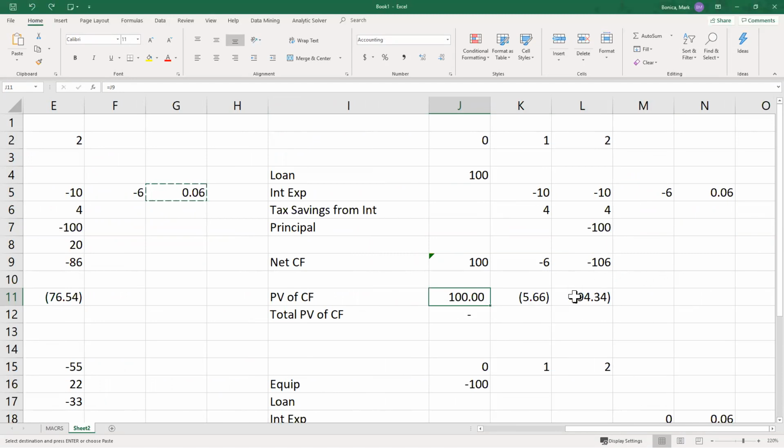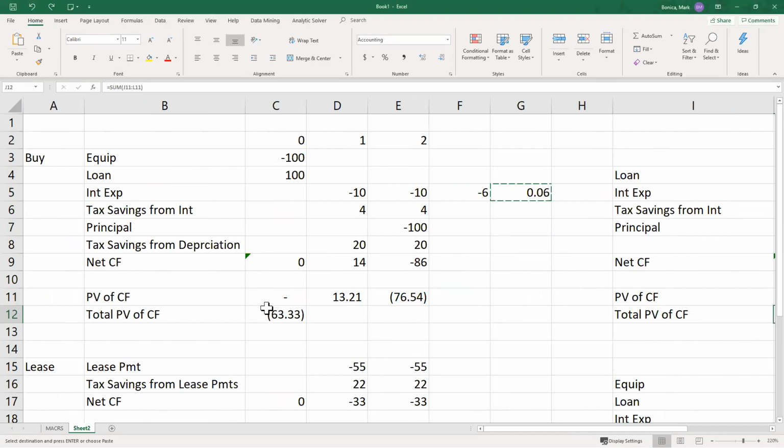But we've kind of got the values flipped, so positive and then negative cash flows. And so you get an NPV of 0. So when you do a problem like this, you can ignore the loan, the financing portion of the